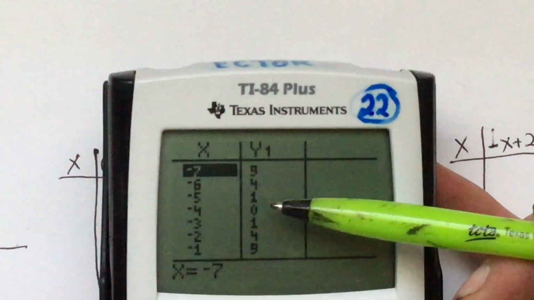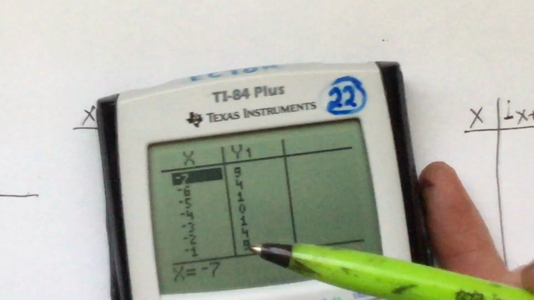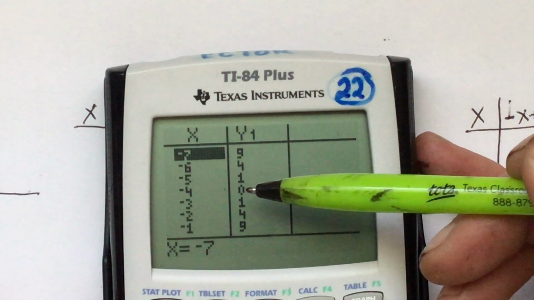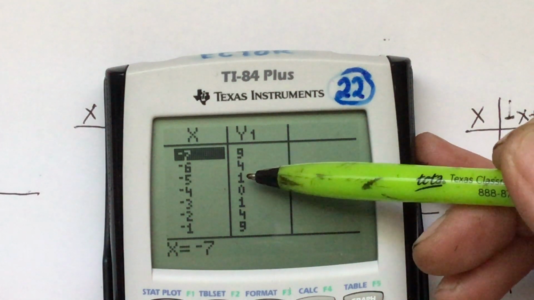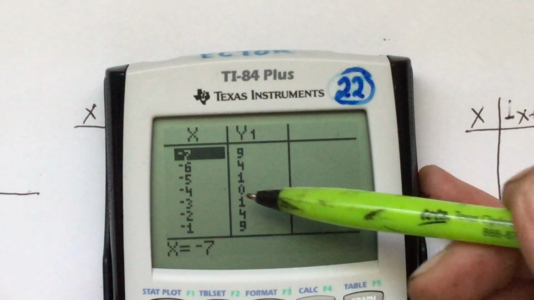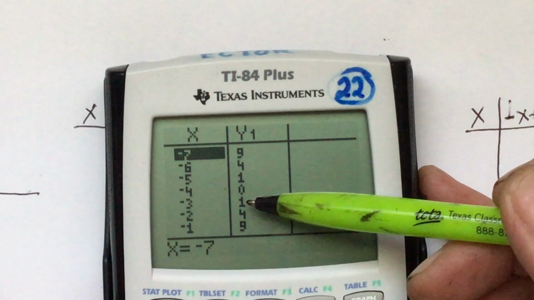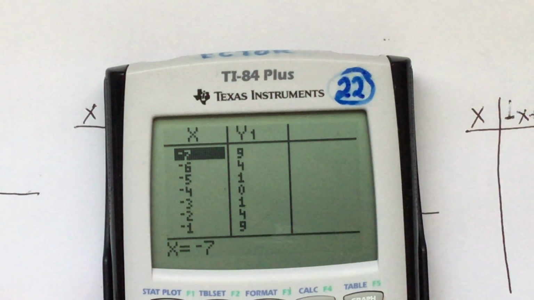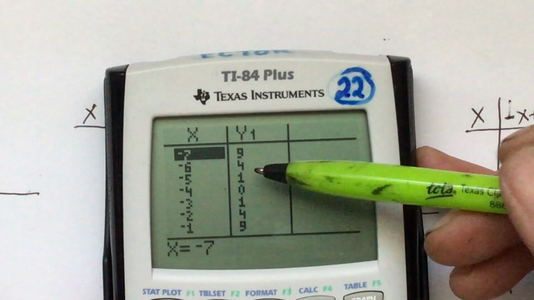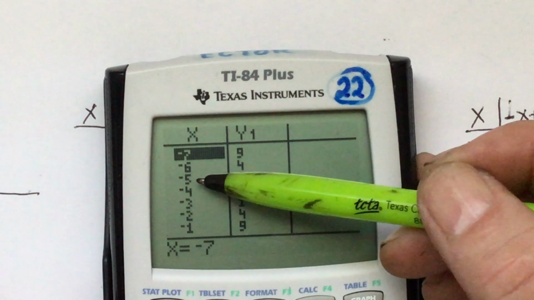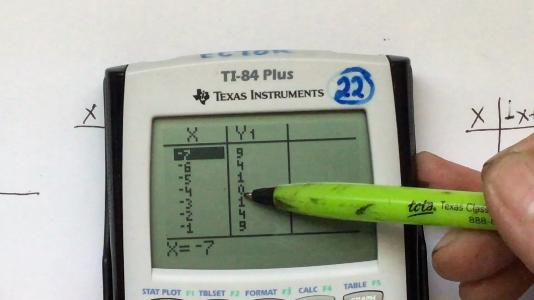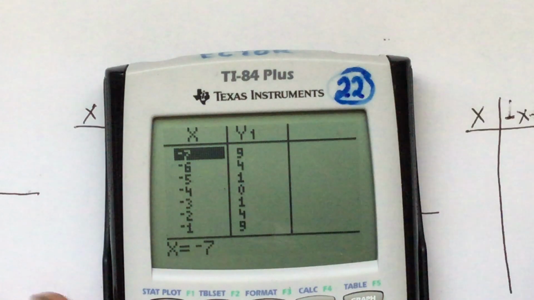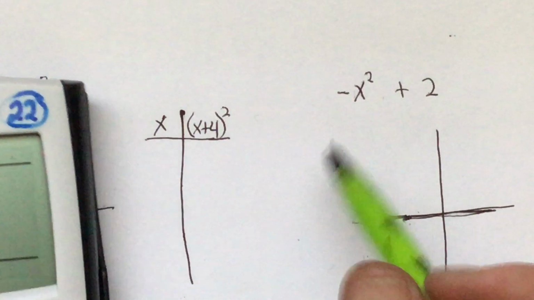And if you'll notice, all the numbers above 0 here in the y column, 1, 4, 9, are repeated right below 0, 1, 4, 9. That's what makes the U shape. So this time I'm going to pick -5 and -3 because both of those give me 1 for my y value. So my 3 points,